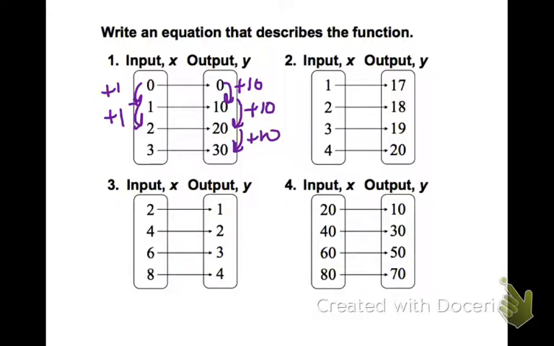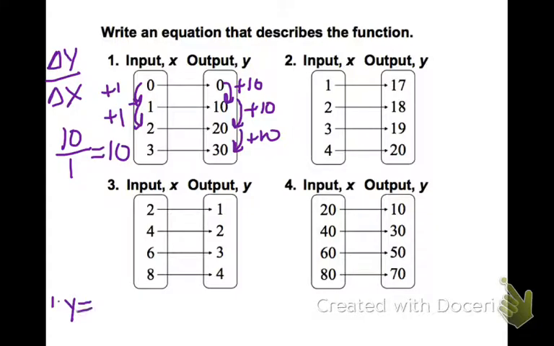So we've seen this before. The change in y over the change in x would be equivalent to the slope. So the change in y is 10, the change in x is 1, so the slope of this equation would be 10. So our output y for number 1, I'm going to put it down here,